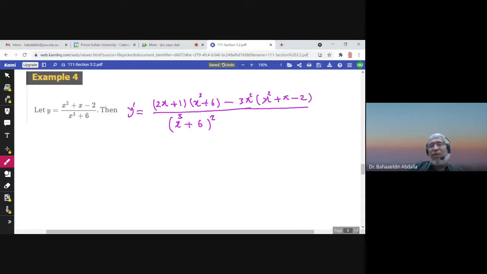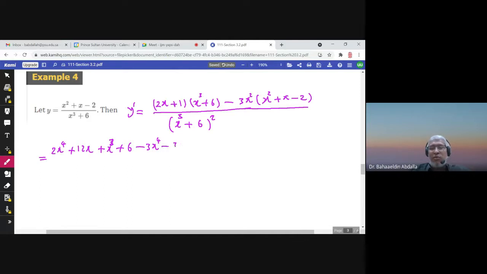This is the derivative, and we usually simplify the numerator. You don't do anything with the denominator, you keep it as it is. But the numerator we need to simplify because there is a minus here, so expand. 2x times x cubed is 2x to the power 4, 2x times 6, 12x, 1 times x cubed, 1 times 6 is 6, minus 3x squared times x squared is 3x to the power 4, 3x squared times